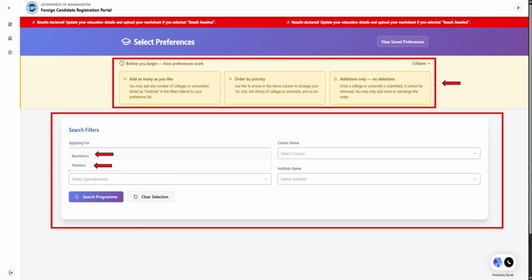Second, you need to order them by priority. The college you want the most should be at the top. You can use the arrows in the Move column to arrange them as your first choice, second choice, third choice,